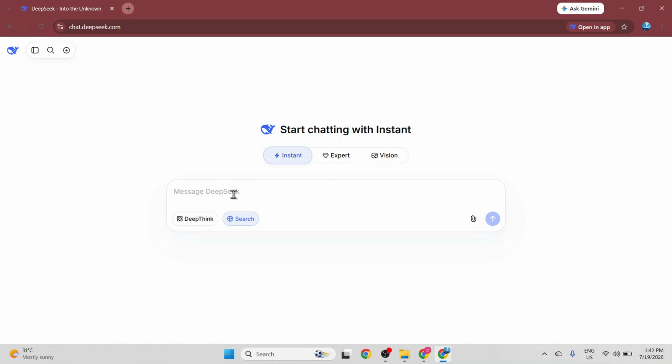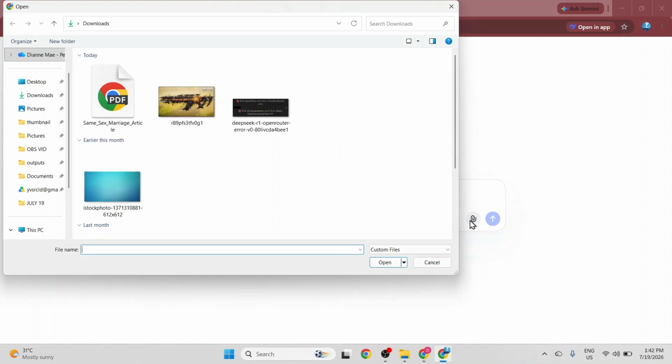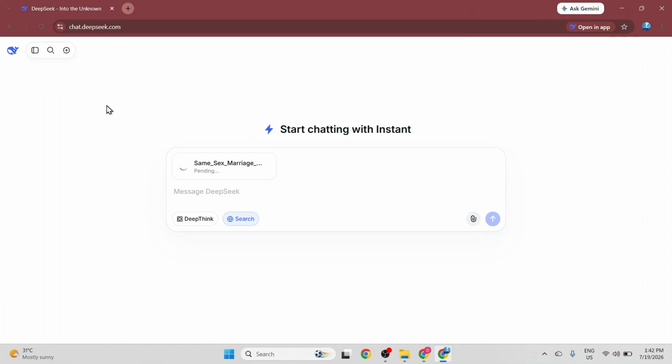I move my cursor down to the prompt box where it says Message Deepseek. To the right side of this message bar, I spot a small paperclip icon, which is the attachment button. I click on it, and my File Explorer window pops up immediately. Now, I look through my files and find the document titled Same-Sex Marriage Article. I click on it to select it, and then I click the Open button at the bottom right of the